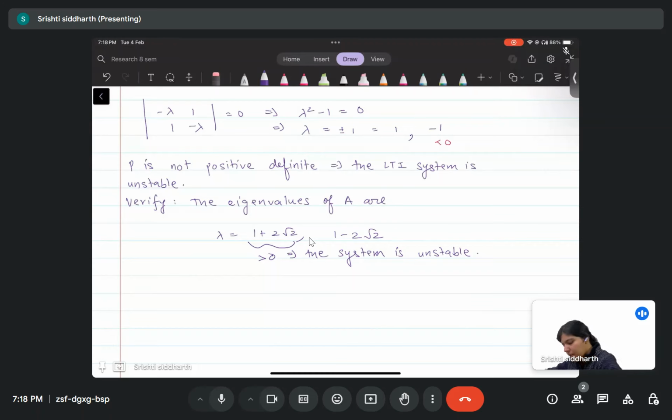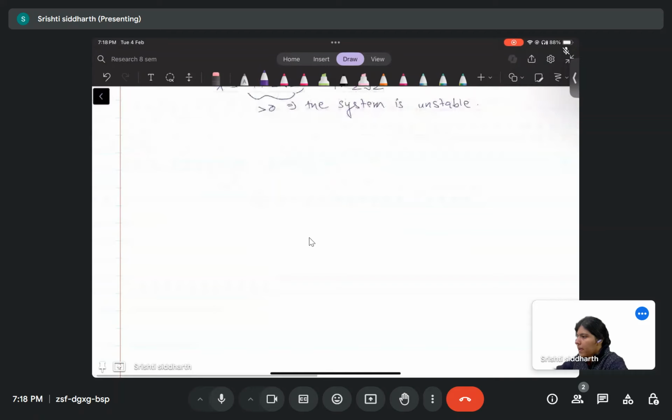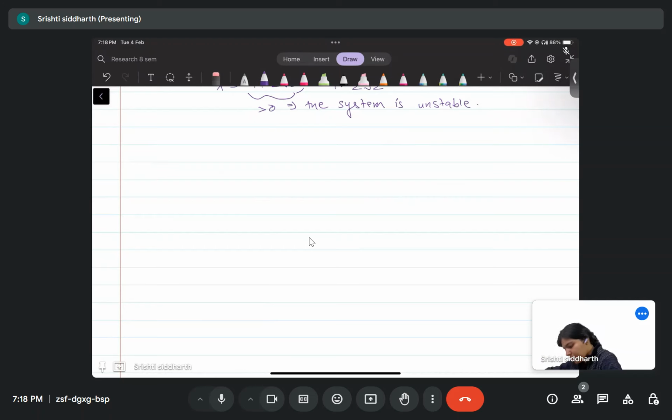Now we'll talk about BIBO stability. So let's consider the question. So recall that for BIBO stability, the continuous time system is uniformly BIBO stable if and only if